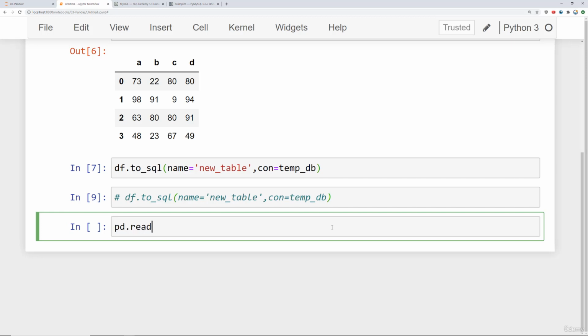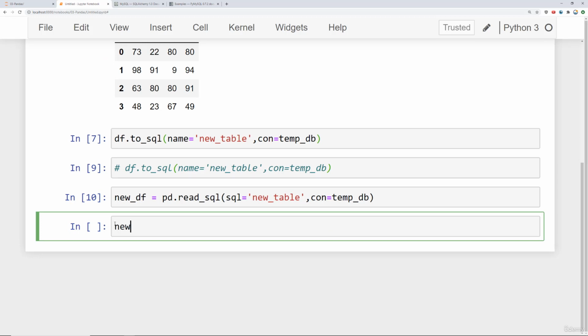So we're going to say pd.read_sql, and let's show you first how to read in an entire table. What I'll do is say SQL, and then you pass in the name of the table. So in this case, I called my table new table, and then you have to actually tell it what database this table is in, which is the connection argument again, and it's going to be the same as last time. You essentially tell it, okay, it goes to this engine. So now we'll say new_df is equal to pd.read_sql, run that, and if I take a look at